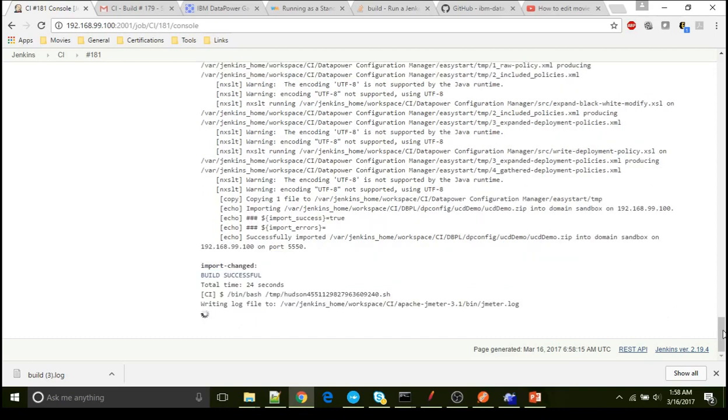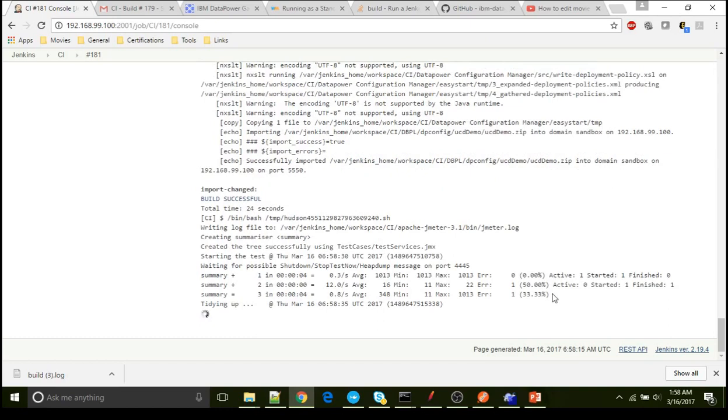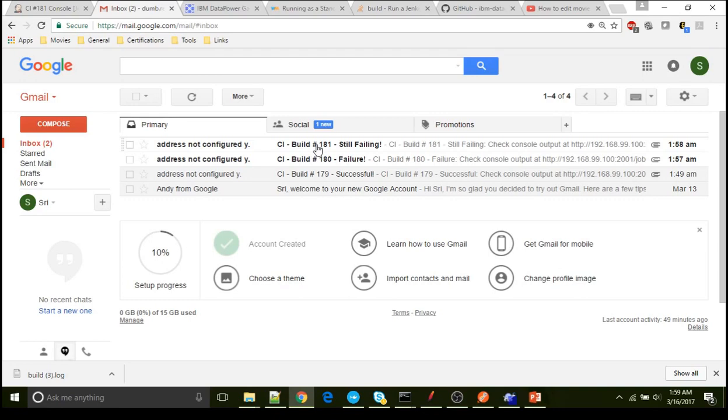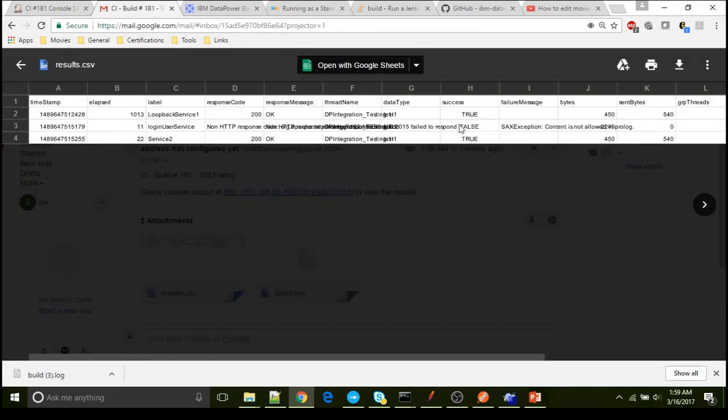Now, ideally, the test case should fail. It says error, error. If you see here, the login service one script has failed and two are success. So failure, and it has sent a mail to the mail ID given. So the build is 181. Go and see there. It's a fail. See, it has failed. So as a result,